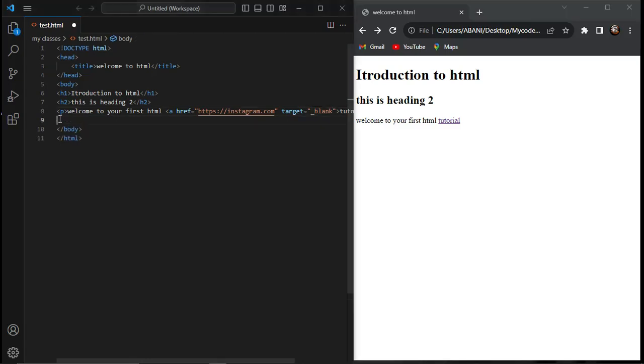Now to add an image to your website, you use the image tag, that's img. Open the tag, type img, then in your img tag you say src. Src is the link, the location of the source file, which is your image. So now you say src,